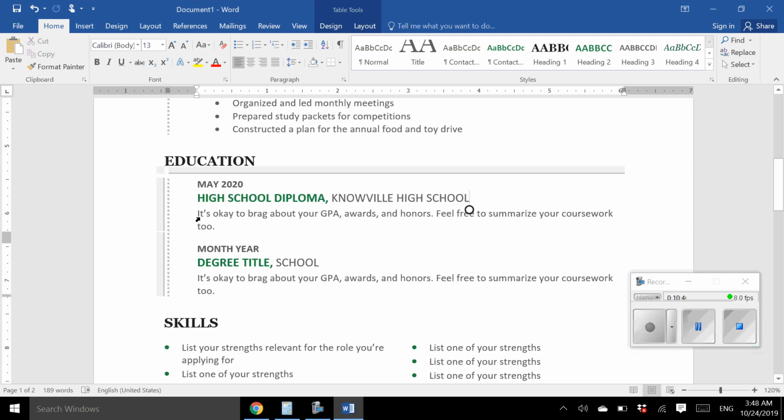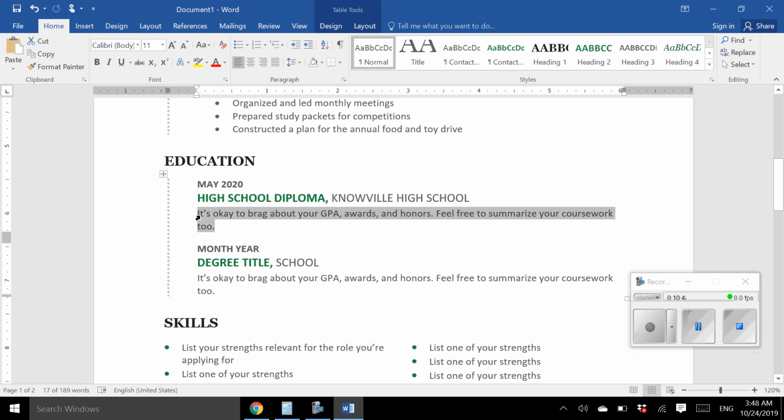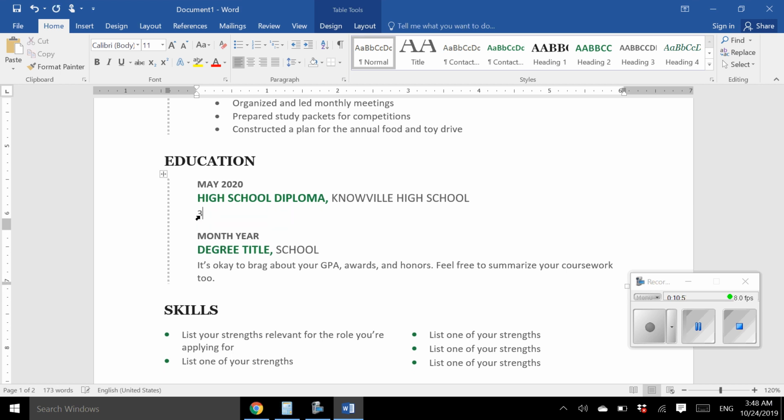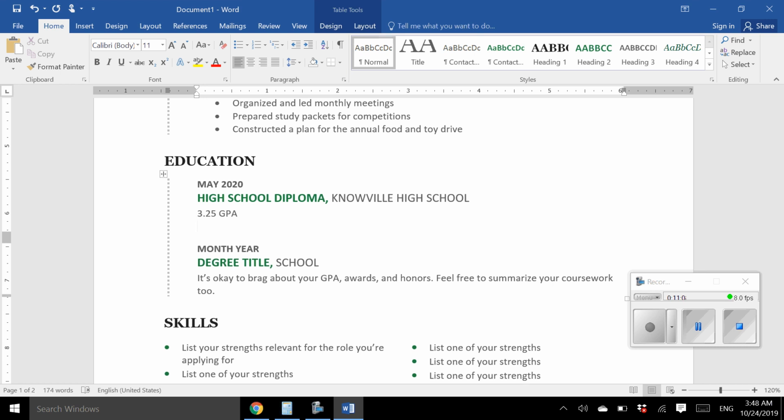The next thing that you can include is your GPA, and typically it's recommended that if you have a GPA over 3.0 that you should include it. If it's below 3.0, they say that you should not include it. So we're going to type 3.25 GPA. I also suggest that we type out awards that we received,